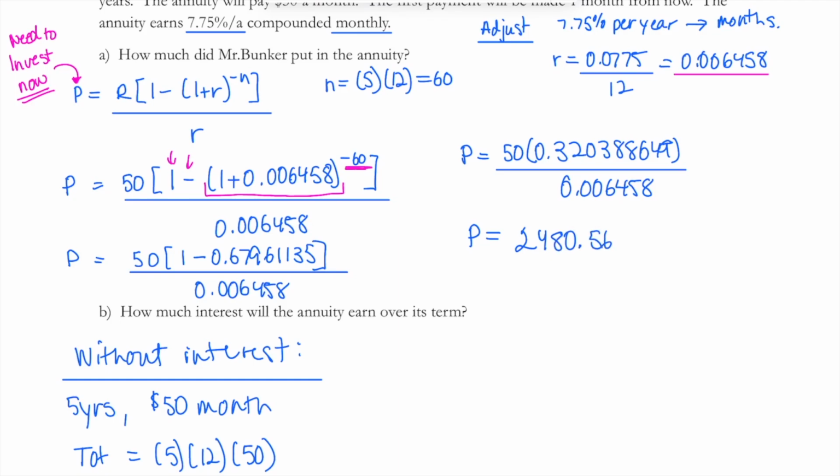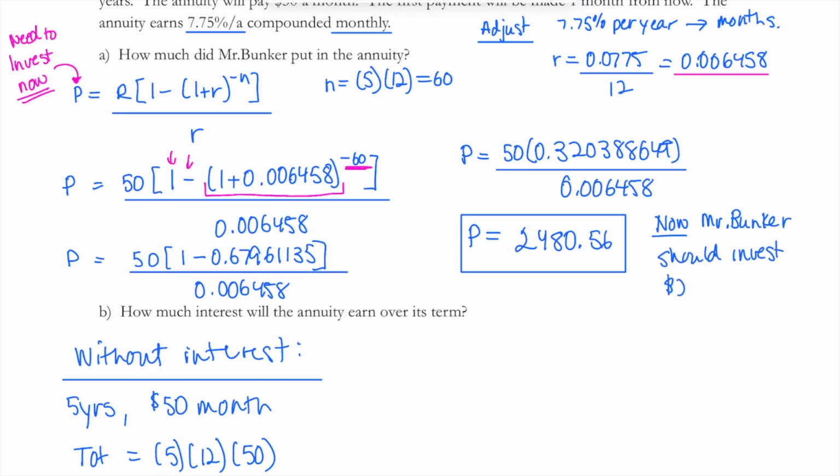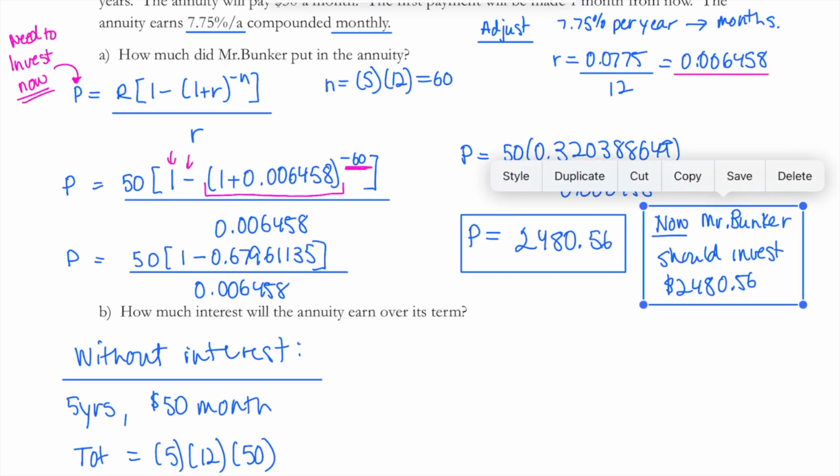okay, so we can see that Mr. Bunker doesn't actually need to put in $3,000 now. He can put in, so now Mr. Bunker should invest just $2,480.56. Okay, so the idea is that it will grow as the $50 are taken out over 5 years for